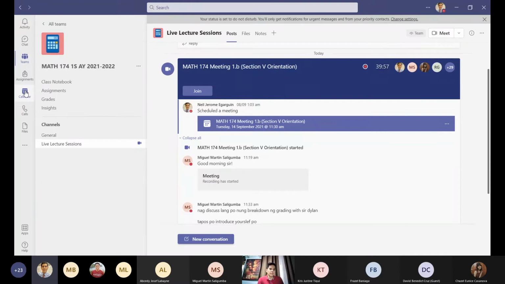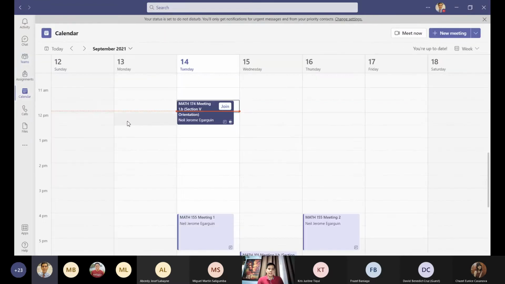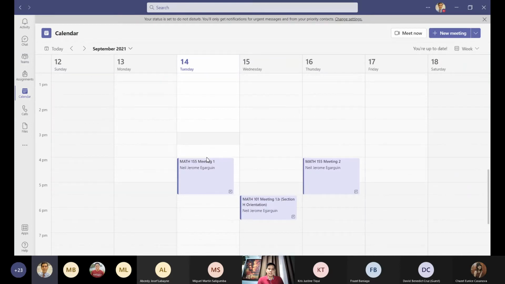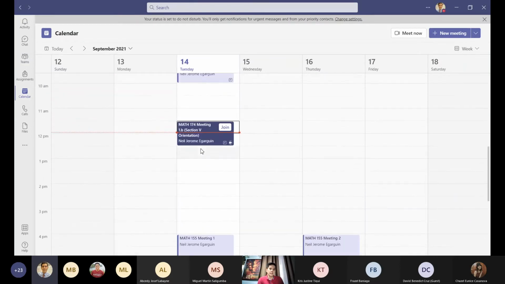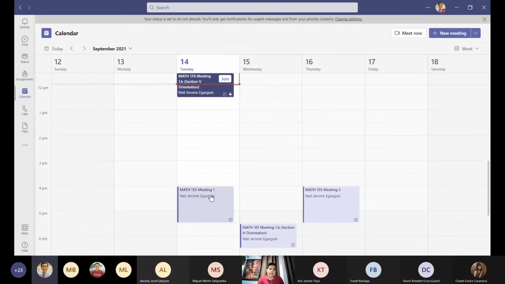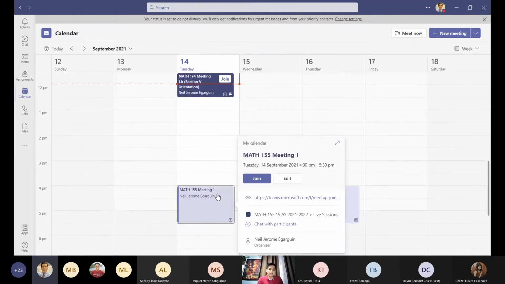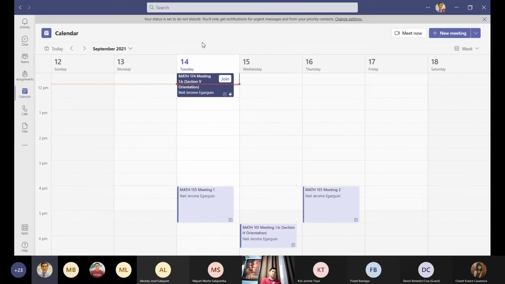Okay. And if you have the Teams subscription, you don't need to search for any links. Just go to the calendar on the left. You see a calendar button here. Just click on it, and you'll see all your scheduled meetings on Teams. You see here Math 174, where we are right now. Say I have another Teams meeting for my other class, I can click on it and then click join. I don't need a separate link for it, though I will also share the links in Canvas. So if you use Canvas more, you can join there, or just use that link. All right.